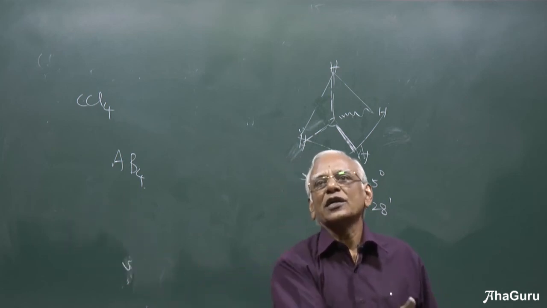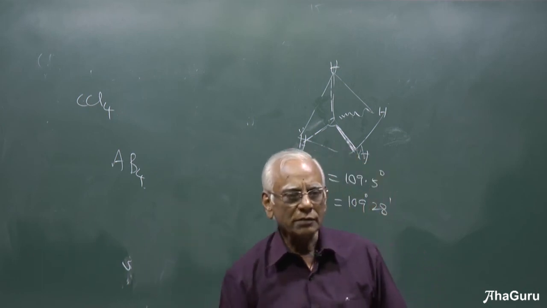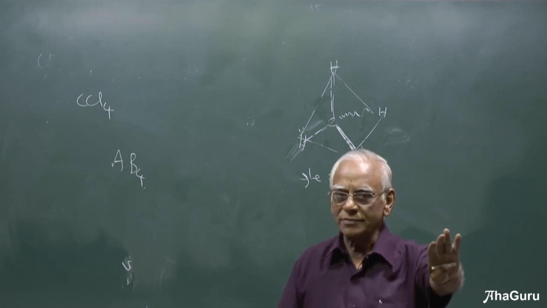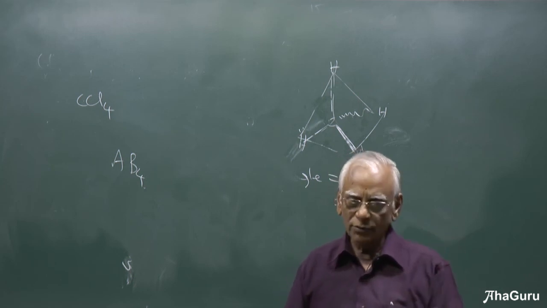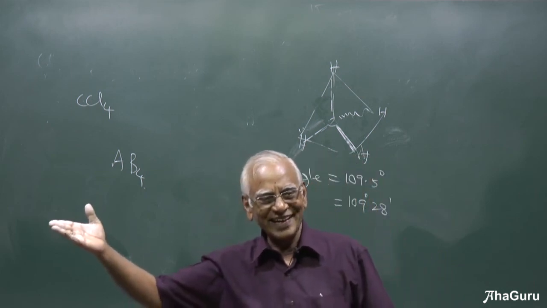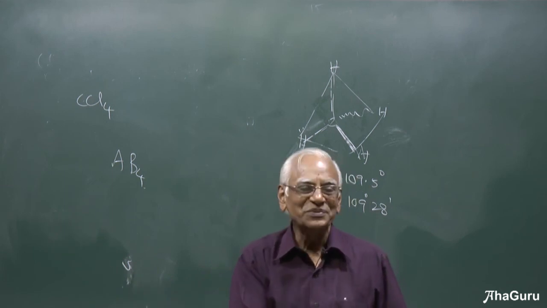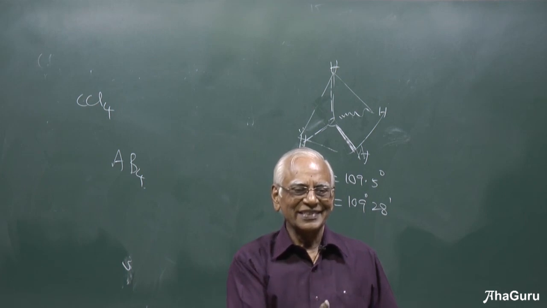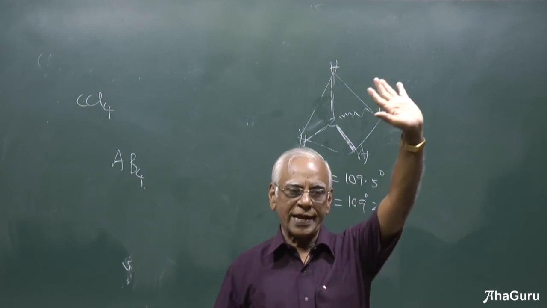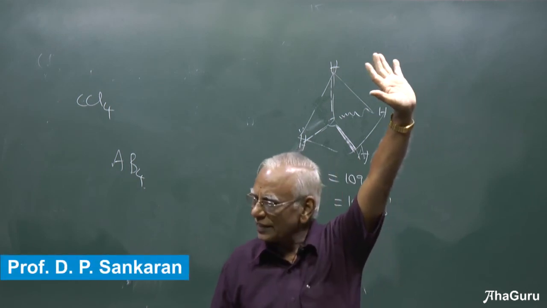You cut it horizontally. How many? Only 1 atom. I am asking you the maximum number of atoms. Oh, he is right, the number of atoms could be 1. I told you 1 also. No one raised your hand. So if it is cut exactly in the middle of the prism, it passes through only the carbon atom. So the maximum number of atoms along the plane may contain only 1 carbon and 2 hydrogen, or only 3 hydrogen atoms. Both.